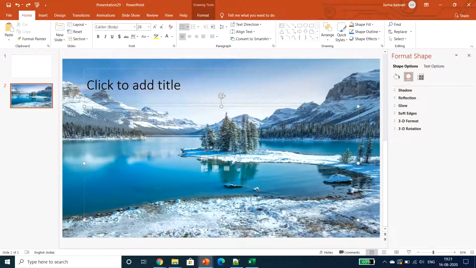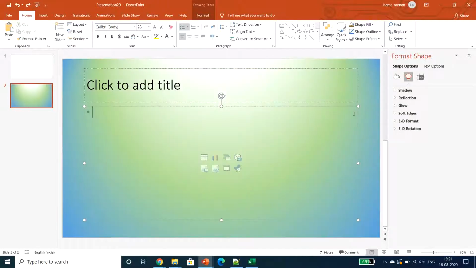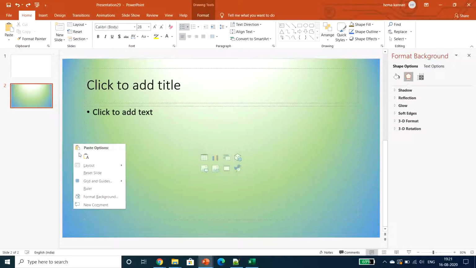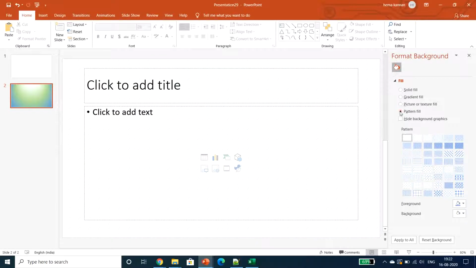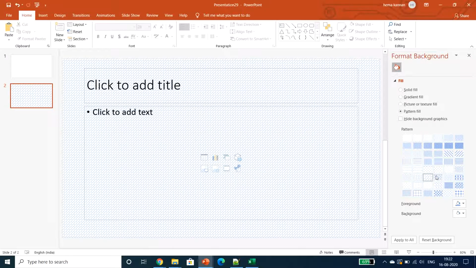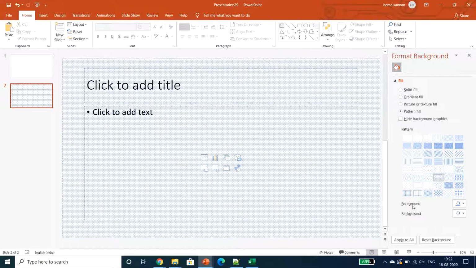Then I have undone my changes. I am going to show you about pattern fill. For pattern fill, as the name suggests, we have n number of patterns displayed here. In this pattern, I can select whatever patterns I need, and I can select the foreground and background.